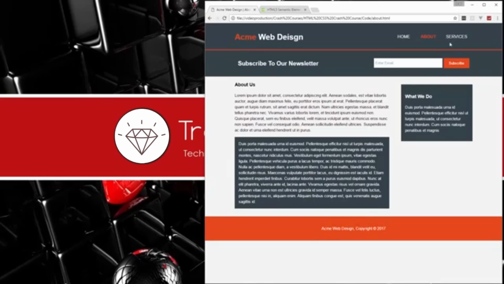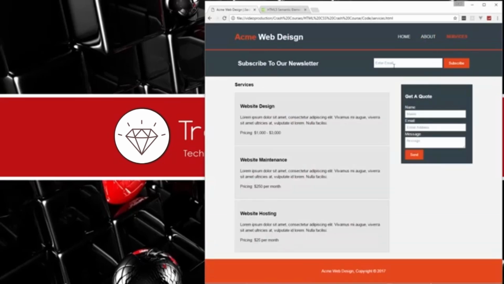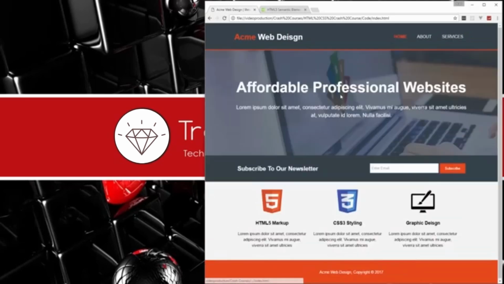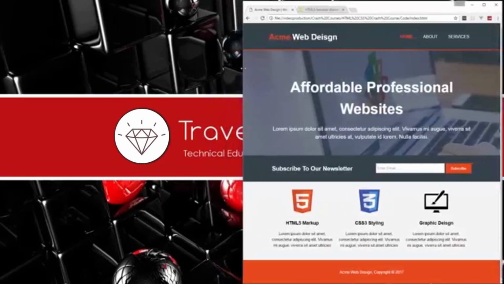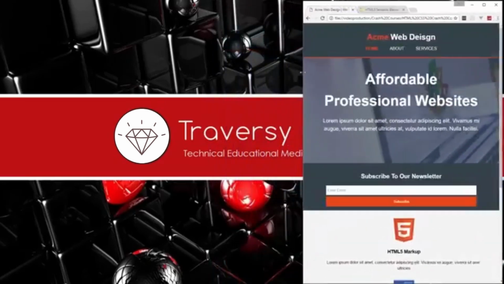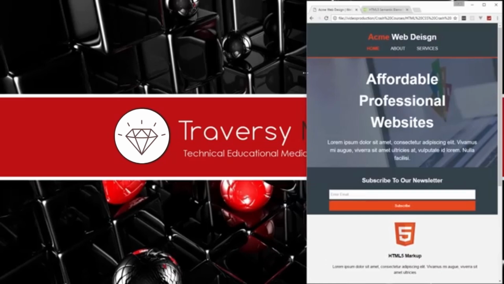Okay, very, very simple. Services page has the same kind of layout as the About page, as any other inner page that you add. We just have some services, which is a UL, which we'll style a little bit, and then a get a quote form on the side here. Alright, so you can see it's very, very simple. Now, one really nice thing about this is that this is completely responsive. So if I go and I start to make this smaller, so when it hits right about there, it turns